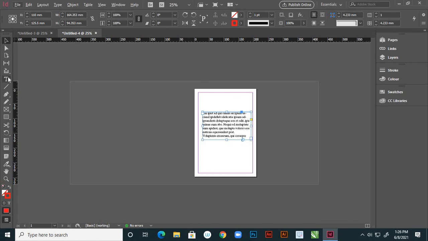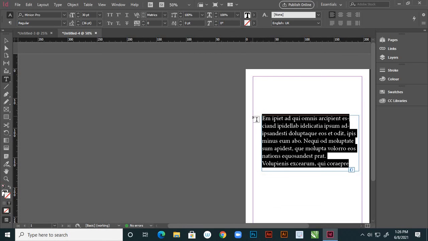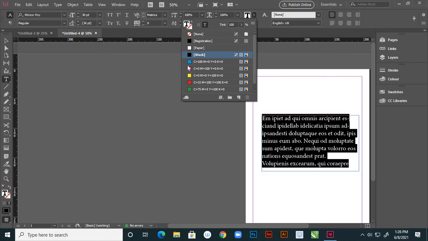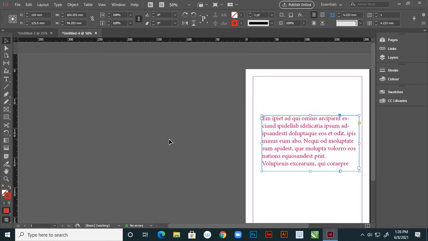Simple. Select with your text tool and drag the entire thing, and see here it is showing this is the text. You change this color to, suppose, pink color, right? And now see it is colored, right?